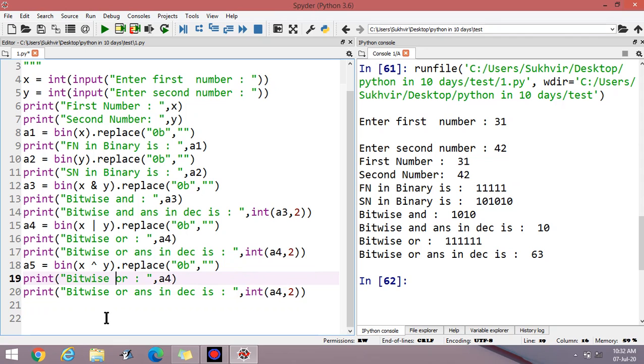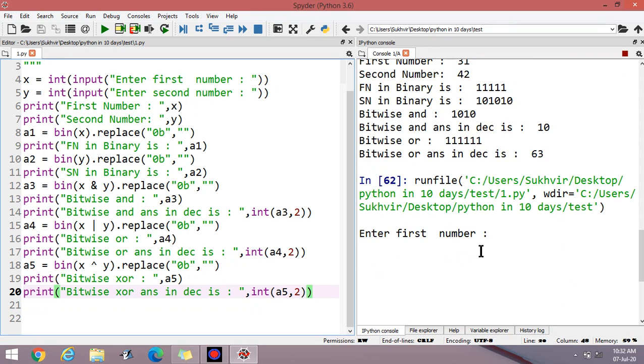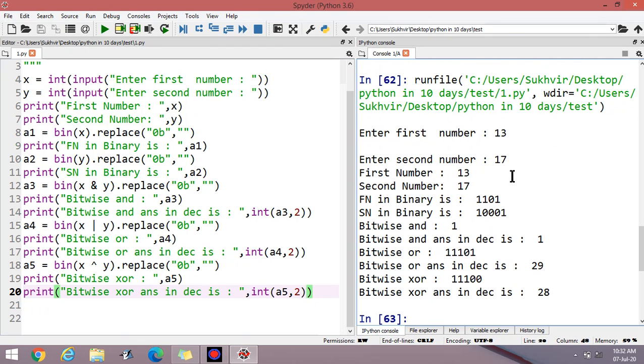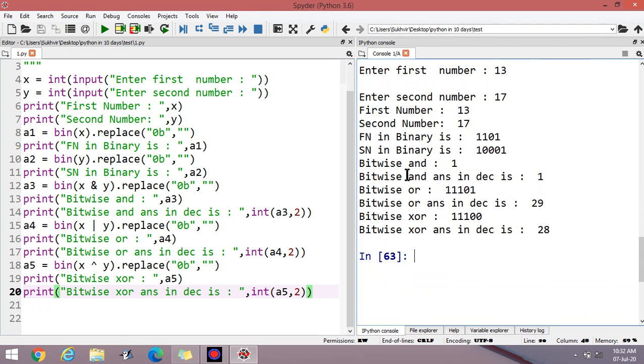Here you can write bitwise XOR answer in decimal. Here you can write A5, and also you can change here A5. It means you can find the value in binary as well as decimal format. Suppose first value is 13 and second is 17. You can find out the answer: bitwise AND in decimal, bitwise OR in decimal, then bitwise XOR in decimal.